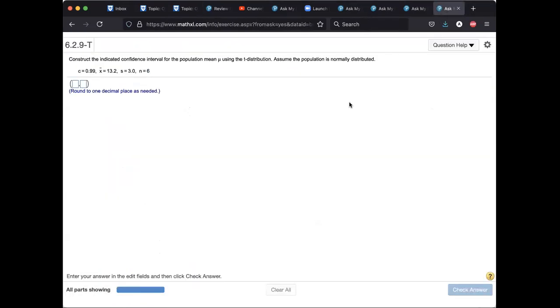Okay, so let's go back to our problem here. We're told here that our level of confidence is 0.99. Remember, that's the same thing as a 99% level of confidence. A mean of 13.2 and a sample standard deviation of 3.0 with a sample size of 6. Now, of course, we're not going to do this exact same problem, but we will do something very similar to it. One thing you'll also want to do, if you haven't already, is to review the videos that I created for problem number